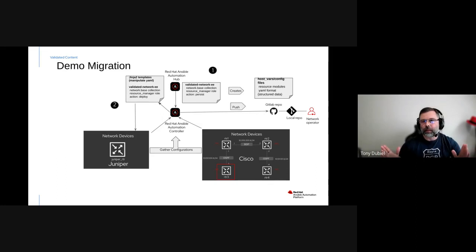So in this demo, we're going to leverage the validated content and specifically the network.base collection. And I'll table a little bit about the validated content until we go to the interface so you can see it. It'll make more sense that way. But just know that the validated content is effectively a role, and you could consider it as a very prescriptive viewpoint in how you would configure a use case. So the use case that in particular is important for us today in this demo